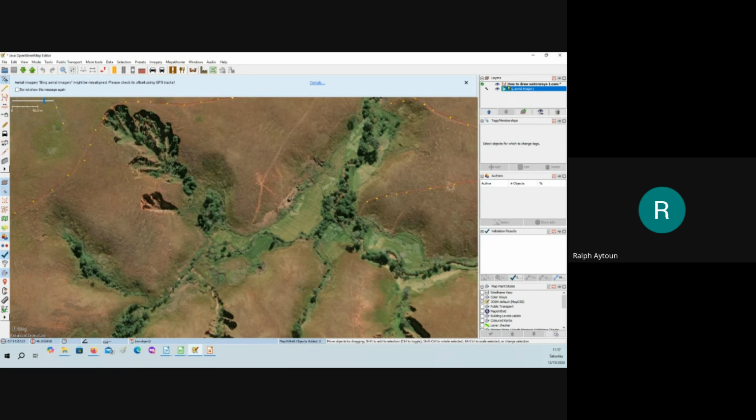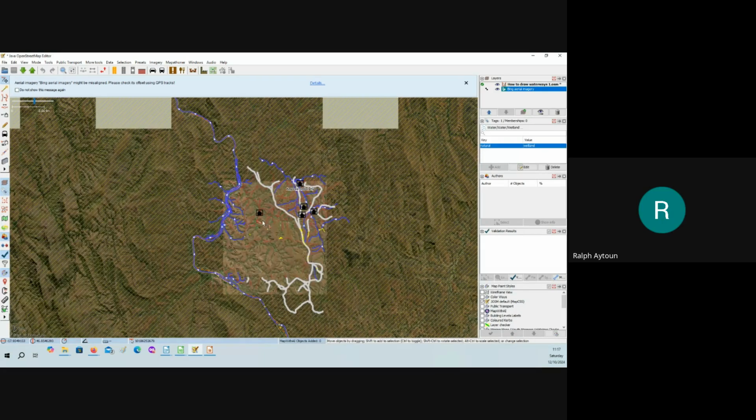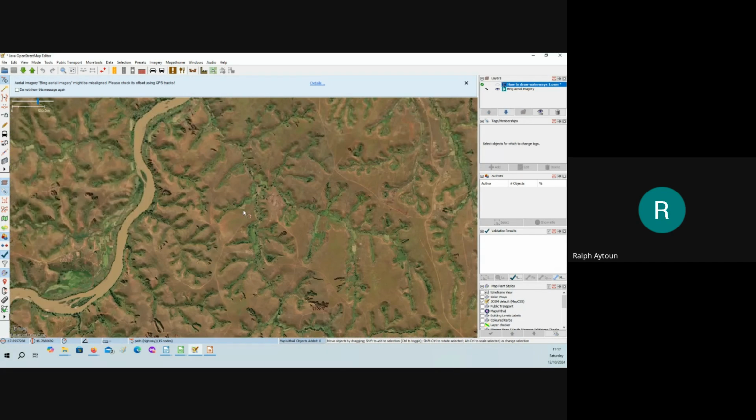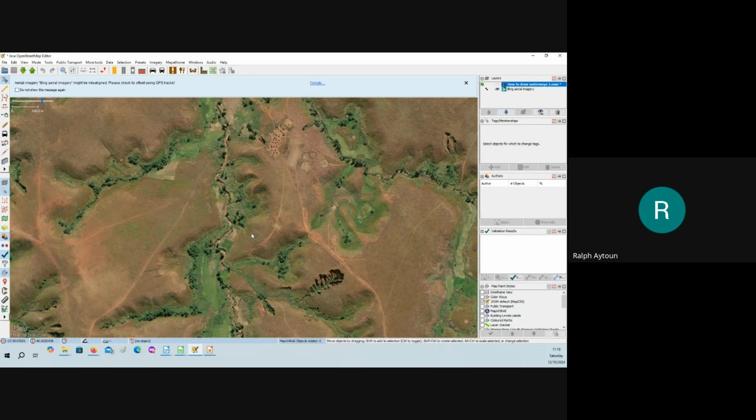So close off your mapping layer and zoom out to have a look at the imagery, and then have a look at where there is a large waterway, and does your piece of waterway flow into that? If so, this will give you an idea of the direction of flow. Now, direction of flow, I already said, is downhill, and the waterways, unlike highways, need to have this direction of flow.